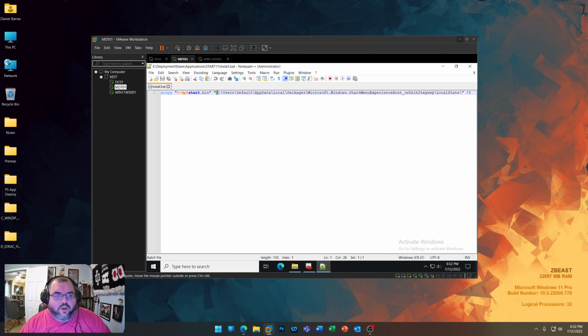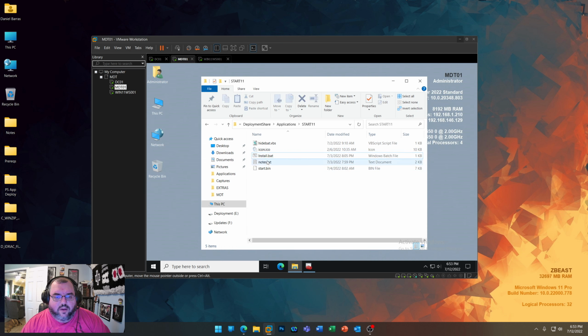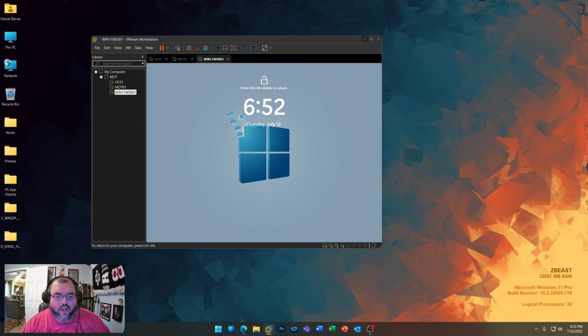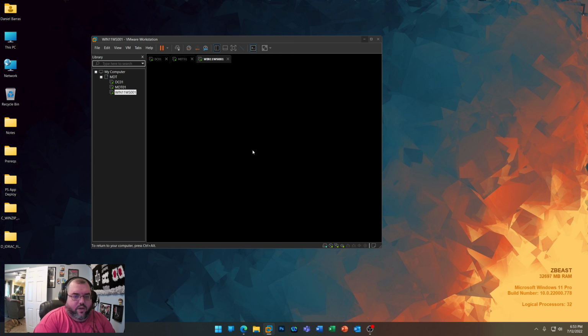But if it was your account, C, users and then your user account, AppData, Local, Packages, Microsoft.Windows.StartMenuExperienceHost, and then this string of characters, LocalState. And you'll find that start.bin file, and then you're going to copy that start.bin file to a folder, and you're going to replace the one in the default user's profile. Okay? And that way, when you log in,